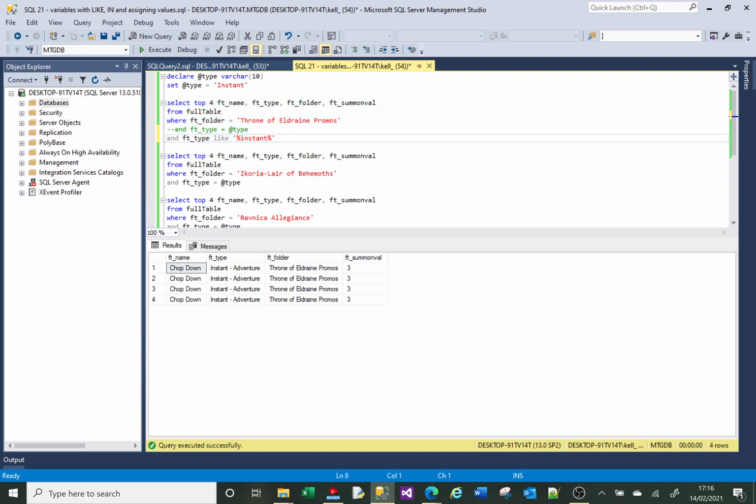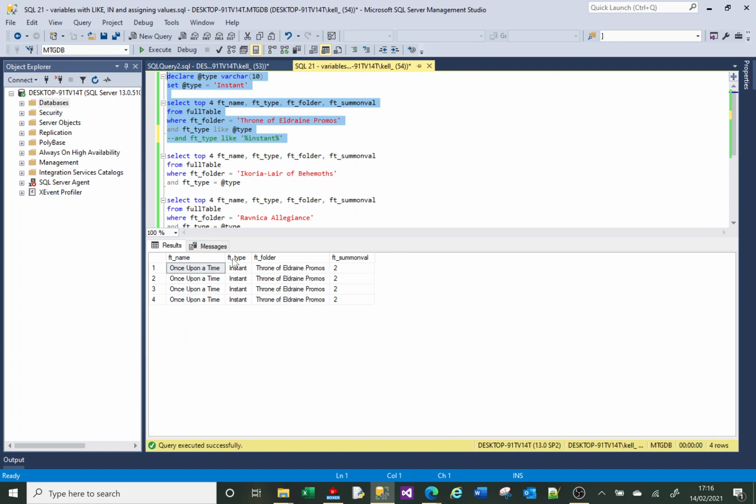So for variables we need to mimic that. So if we just put like and we run that, all it's doing is it's saying it's like instant. Without the percent signs, it's just doing an equals to. So we need to build the syntax up. And in order to do that, we need to concatenate our variable with the percent signs. And I'll show you what I mean. So what that now is saying is ft type like percent instant percent, because that's what the value of our @type is, which is exactly what the line below is doing. So that we run